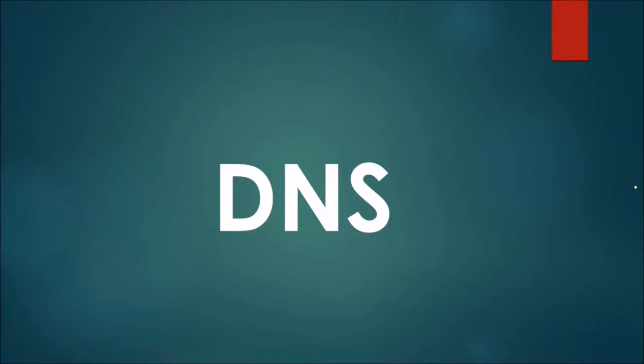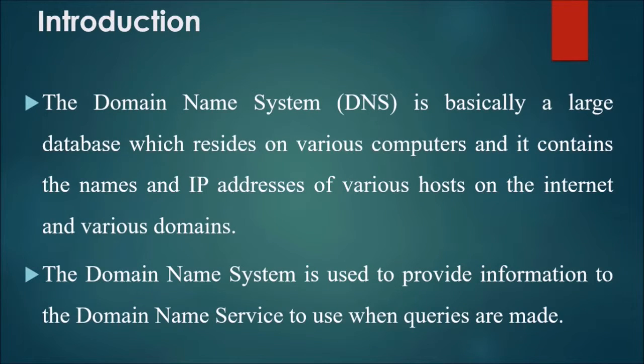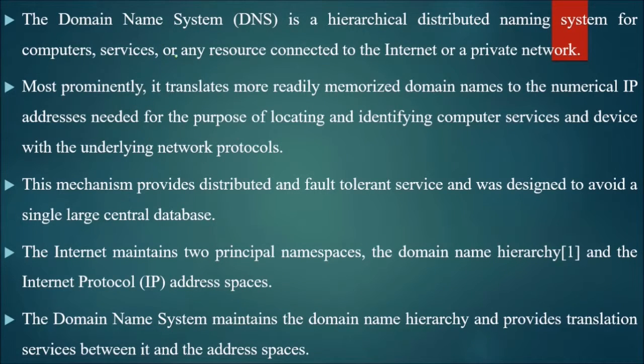So let us talk about DNS today. This DNS, domain name system, is basically a large database that resides on various computers, and it contains the names and IP addresses of various hosts on the internet and various domains. This domain name system is used to provide information to the domain name service to use when queries are made. The domain name system is a hierarchical distributed naming system for computers, services, or any resource connected to the internet